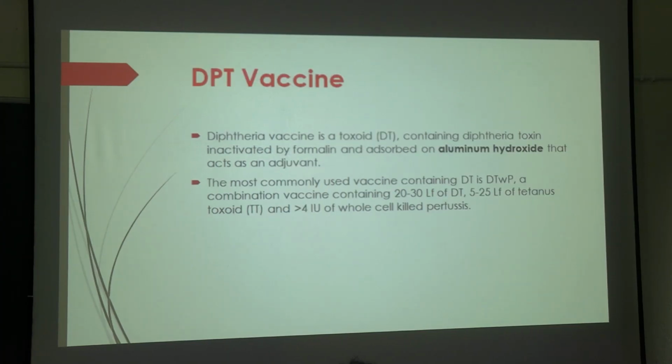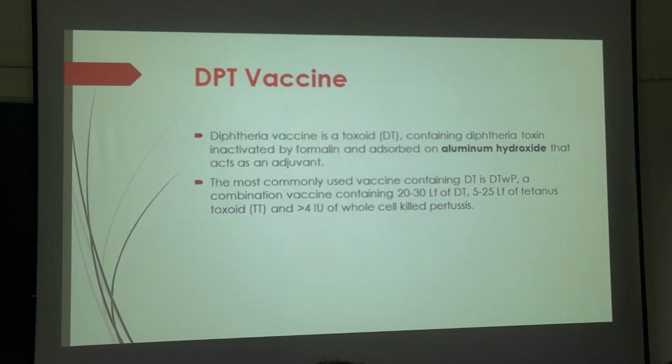Now coming to the important topic from your exam point of view, DPT. DPT vaccine, কিন্তু অলরেডি আমি পড়িয়েছি। সো এবার প্রশ্ন, DPT vaccine is which type of vaccine? লেখা আছে, দেখে দেখে বল। Diphtheria is toxoid, tetanus is toxoid, pertussis টা কি, কোনটা killed? Pertussis is a killed vaccine or inactivated vaccine.